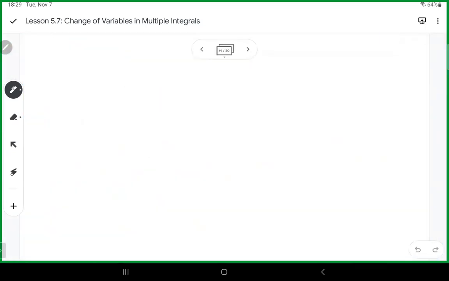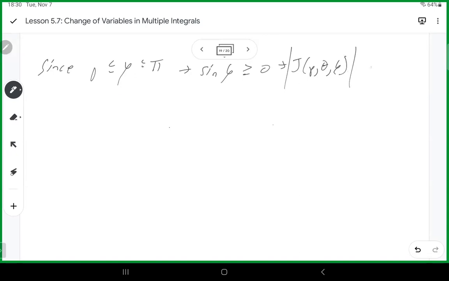All right, so since then we have to have, so that means the Jacobian is going to be positive. Which tells us